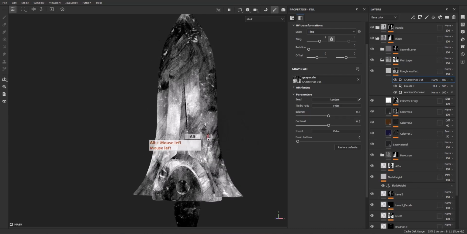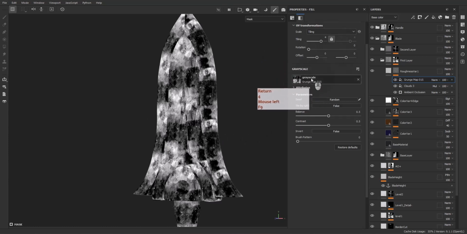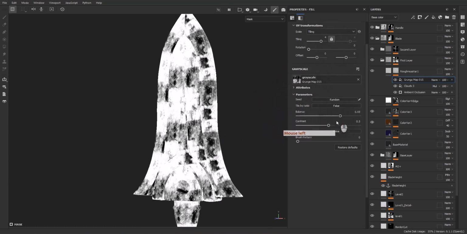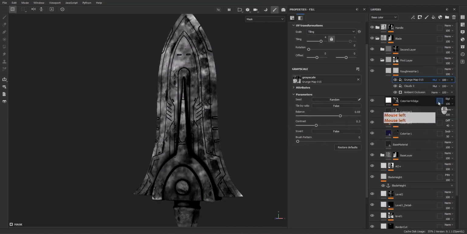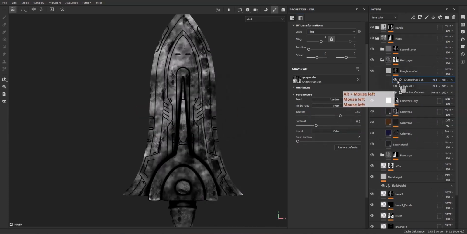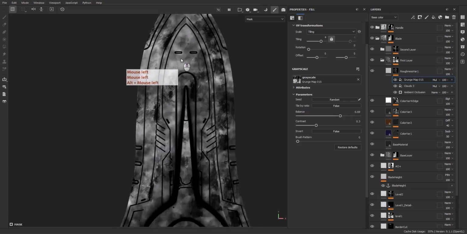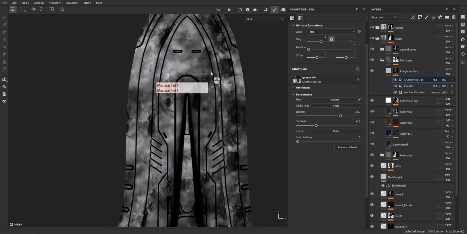Yeah, like this. And let's increase the tiling amount and increase the balance, decrease the contrast, and change the blending mode to multiply again. So we have the cloud, and inside the cloud we have grunge map number 15. So they are related to each other. Okay,